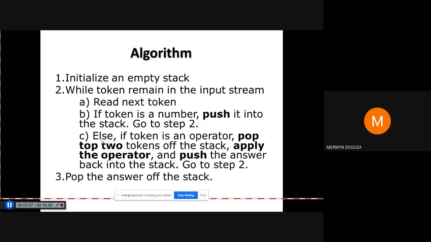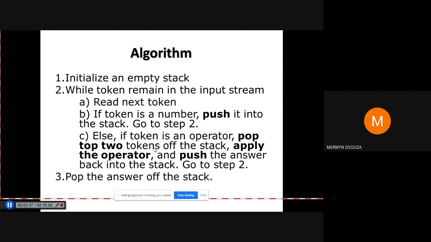Otherwise, if what we have just taken as input is an operator, then we pop the top two values from the stack and apply the operator. So when we say apply, suppose the operator is a plus, then we do the addition. After addition, whatever sum you get, you push that answer onto the stack. Okay, so that is the meaning here.